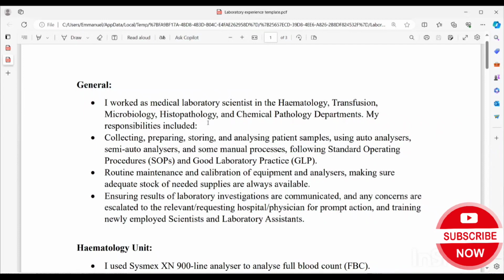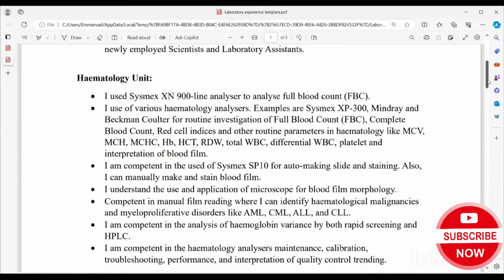So use your last 3, as maybe I work in microbiology, both in the last 3, like 3, 4, and the current one, which is the 5th one. So do it like that. Okay. So this place will show you the general information about the laboratory, and this can be a laboratory. This is just to mention a few. Now, when it comes to hematology laboratory, you can see I mentioned the analyzer, I mentioned what I use them for, I say a lot of things.